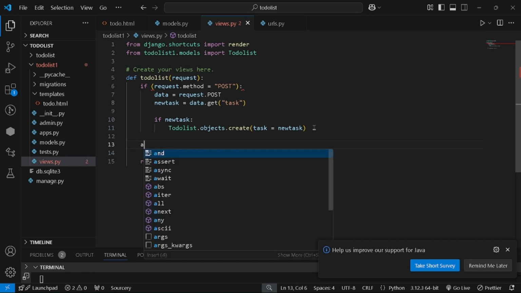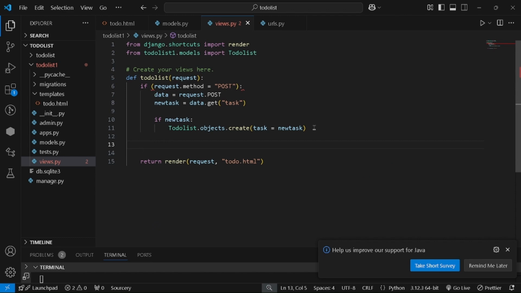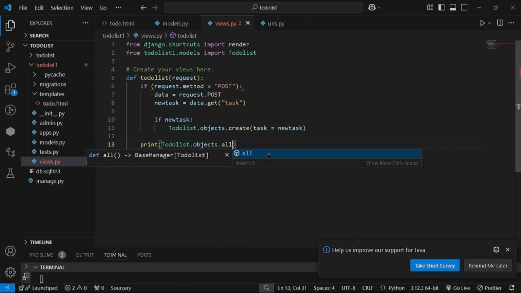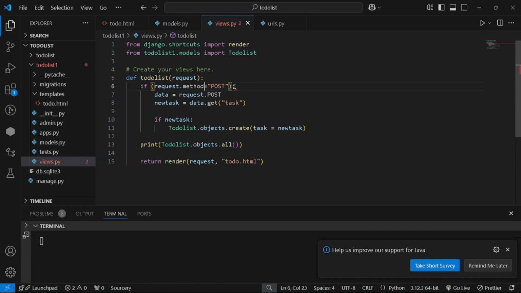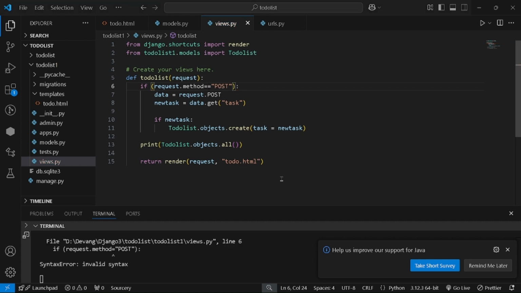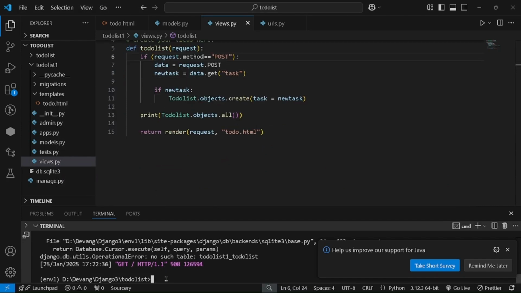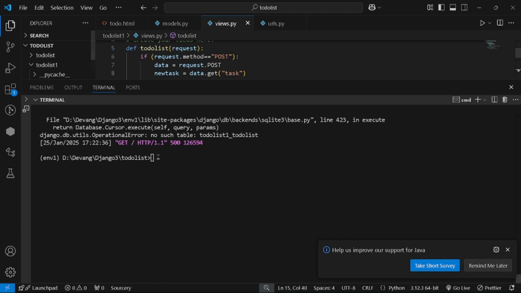If new_task, then print ToDoList.objects.all, meaning whatever new task will be added will be printed in the terminal. Operation error. To solve this error, we have to first migrate our model and create a database having the same schema as our model. For that, we have to write python